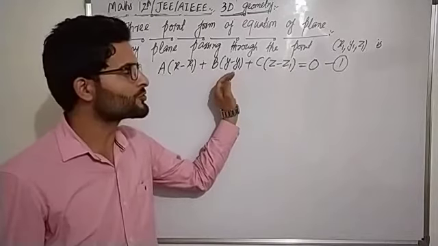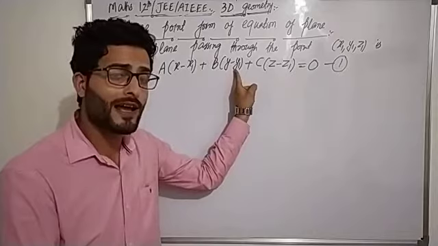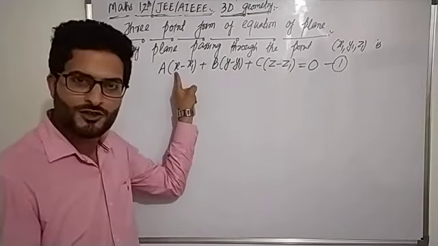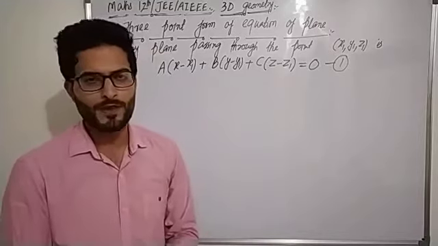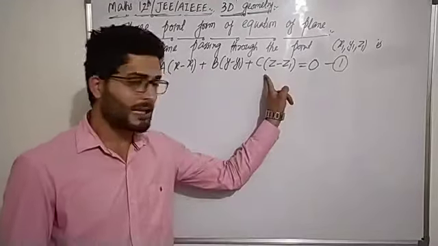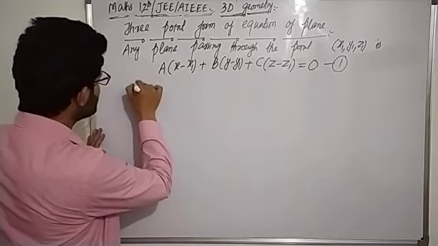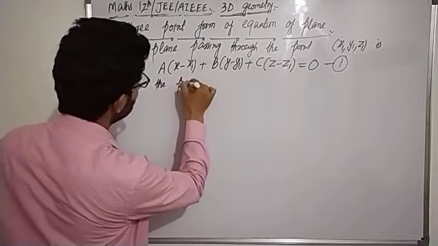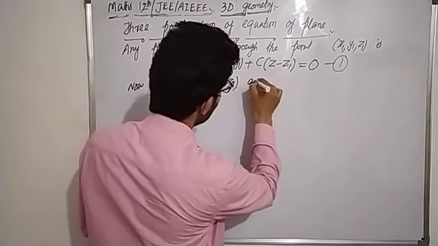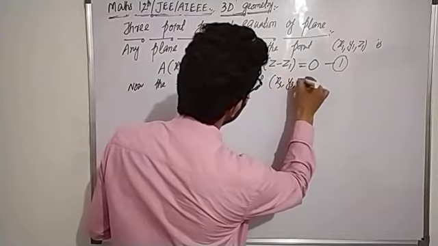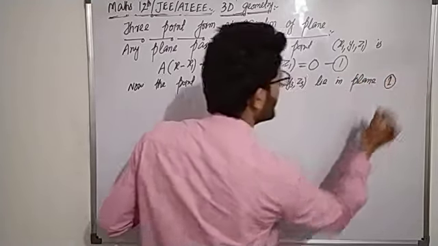अब अगर इस प्लेन पे एक और पॉइंट लाई करेगा, सपोज उसका नाम है x2, y2, z2, तो दैट मीन्स वो x2, y2, z2 इस प्लेन को सेटिस्फाई करेगा, क्योंकि इसी प्लेन में लाई कर रहा है। तो जब सेटिस्फाई करेगा, सेटिस्फाई करने का मतलब x के बदले x2, y के बदले y2 और z के बदले z2, बिकॉज जब सेटिस्फाई करेगा तो वेरिएबल्स मस्ट बी रिप्लेस्ड बाय x2, y2, z2। सिमिलरली एक और पॉइंट x3, y3, z3 इस प्लेन में लाई करेगा, अगर वो पॉइंट भी इस इक्वेशन को सेटिस्फाई करेगा, राइट? सो हम यहां पे मेंशन कर देंगे नाउ द पॉइंट्स x2, y2, z2 and x3, y3, z3 lie in plane first।